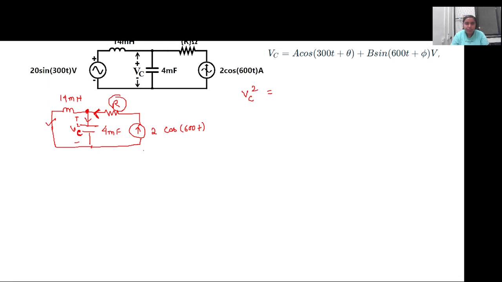In case of the current divider rule, I'm just showing it simply for a resistance. Suppose this is a current source, this is the total I, this is R1 and this is R2. So this is I2 and this is I1. The current flowing through a branch, I1, will be in the reciprocal of the resistance, right? It will be R2 by the total, R1 plus R2, into I. You know this, right? Yes, ma'am. So in this case, similarly,